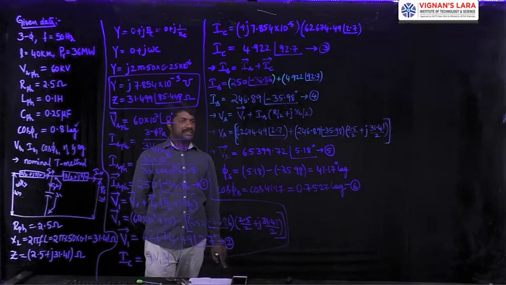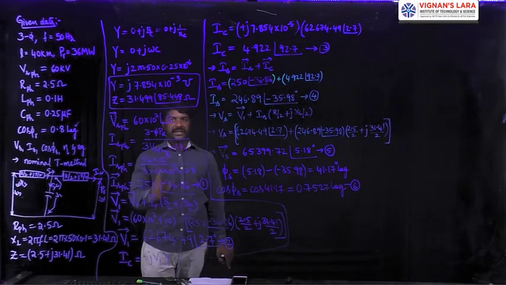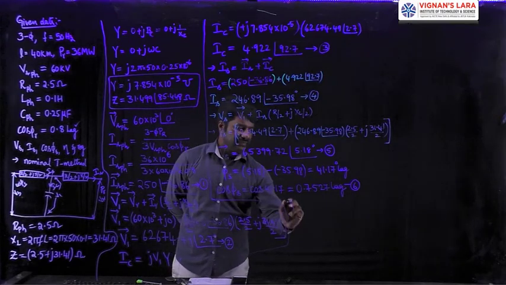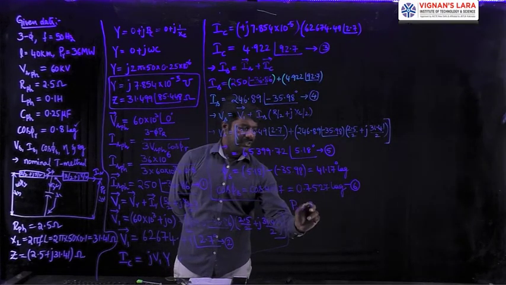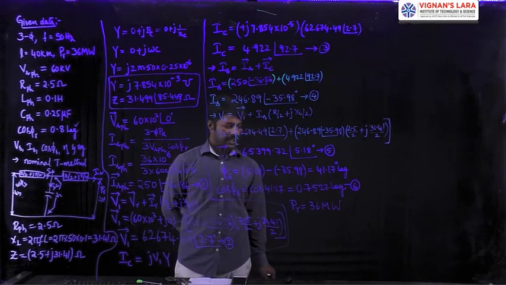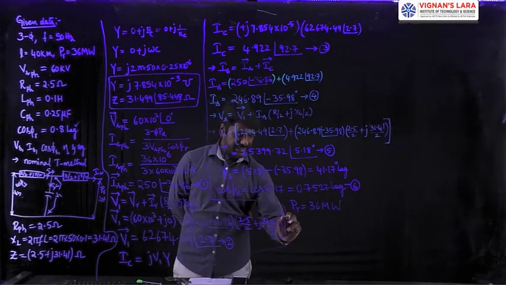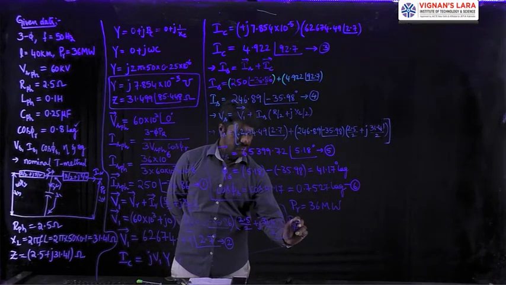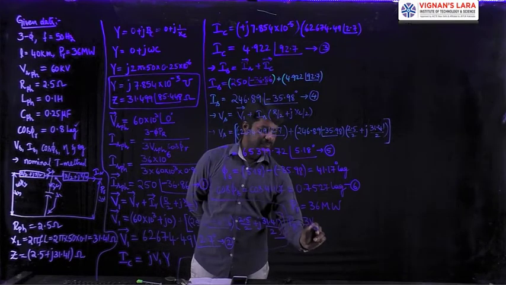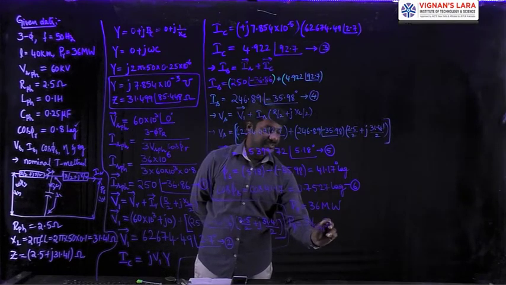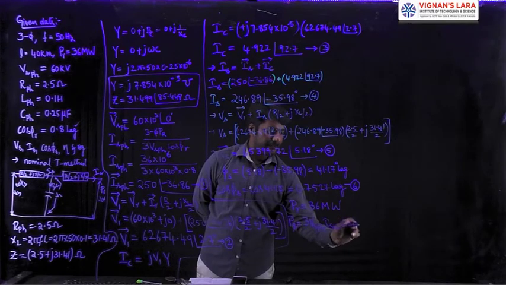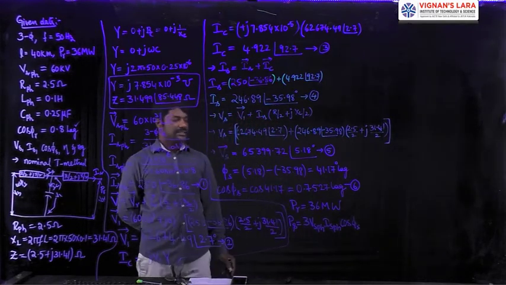With all these 6 quantities, we can estimate the sending end power. Let me find out that. The receiving end power PR is equal to 36 megawatts, given directly in the problem. Our next step is to find out PS. PS is equal to 3 times Vs per phase, Is per phase, cos phi s. This is the formula. You have learned all this in the first year itself.